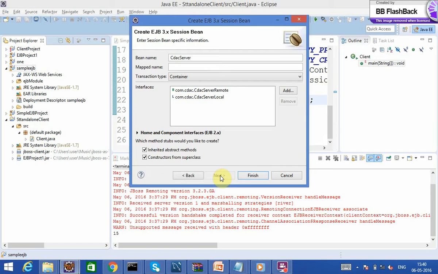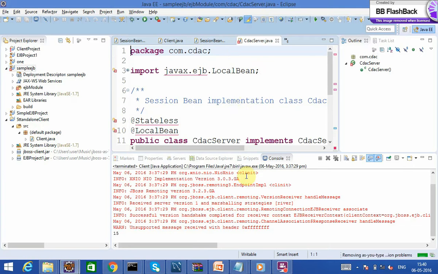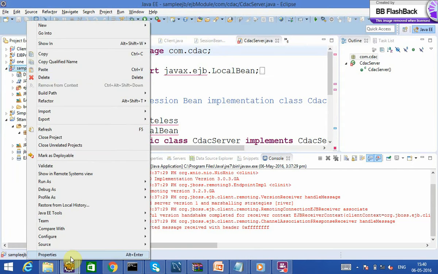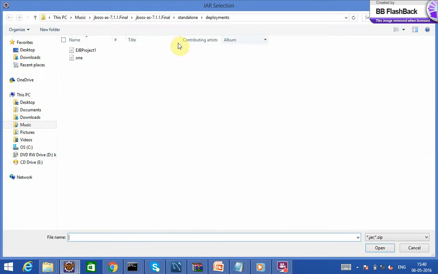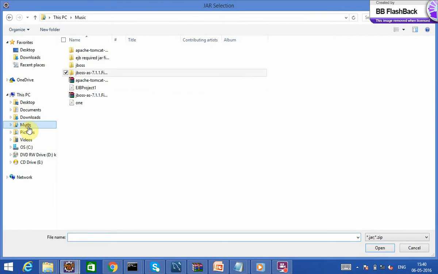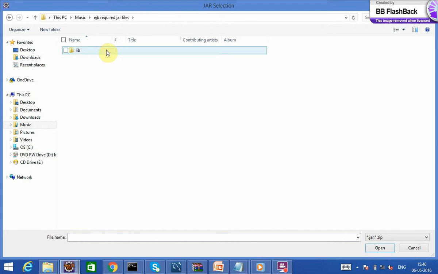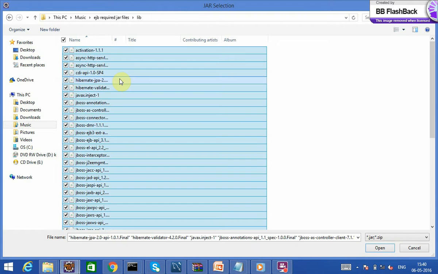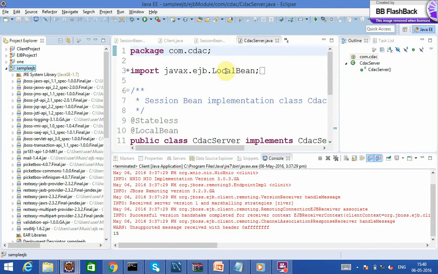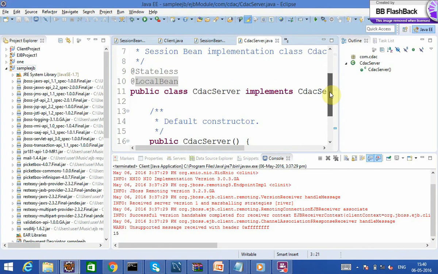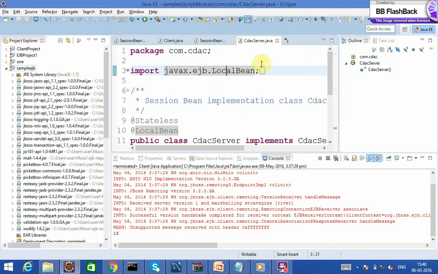Select next, finish. Now you have to include the jar files. Go to properties, add external jars. In this, select all the jar files, open. Now all your errors will disappear.